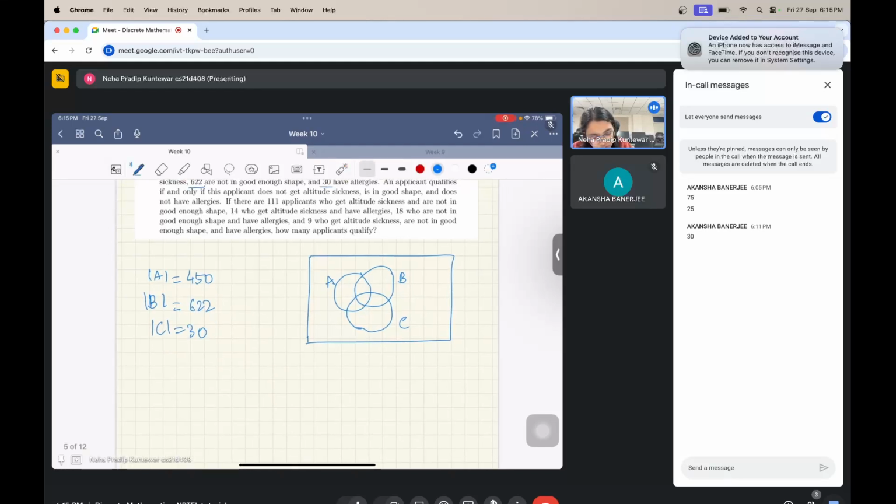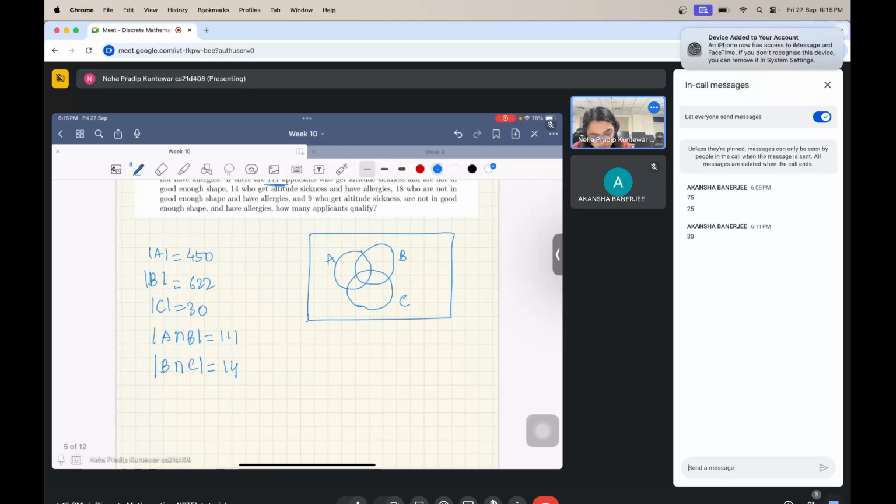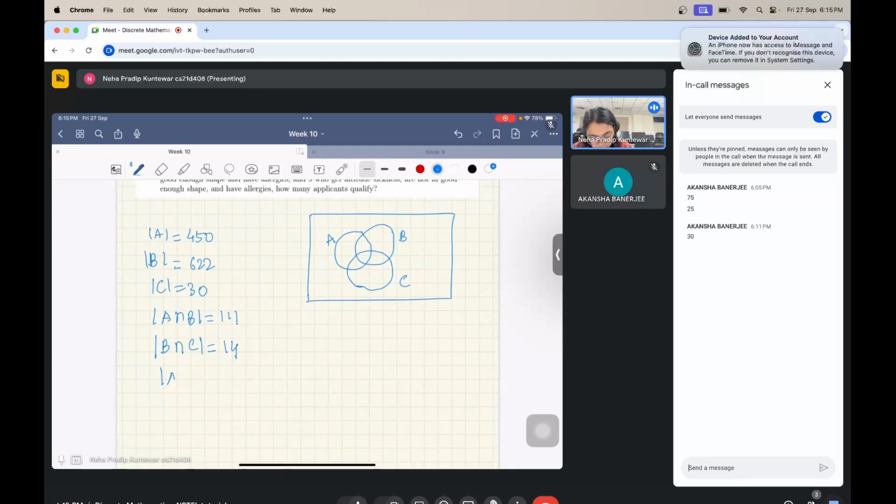The number of people who have altitude sickness and are not in good shape, that is A intersection B, turns out to be 111. The number of people who have altitude sickness and allergies turns out to be 14. Then there are 18 who have allergies as well as